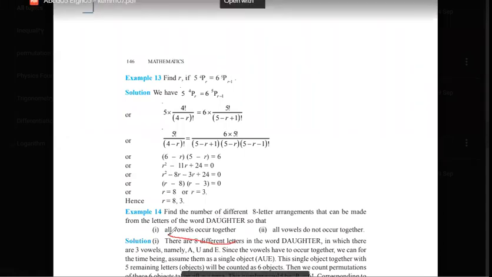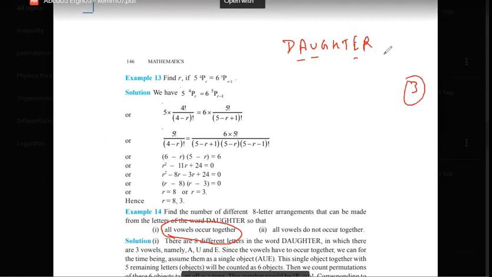So all the vowels occur together, right? All the vowels occur together. So in the word daughter, D-A-U-G-H-T-E-R, it is said that all the vowels occur together. Tell me, how many vowels do we have here? A, U, E, 3 vowels,